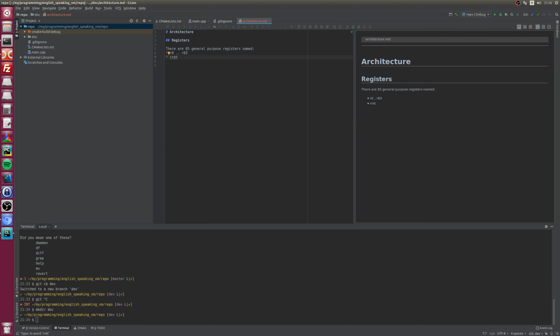R1 to R63 will be wherever, and the 65th is R ret, and let's say that we will have one register that is supposed to hold the return values of functions.